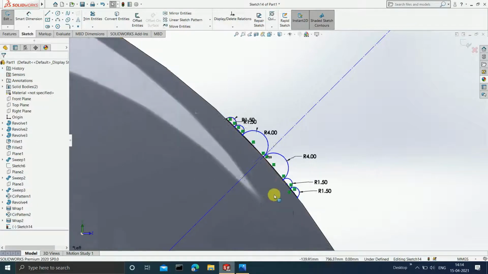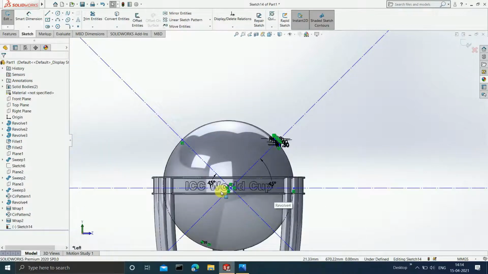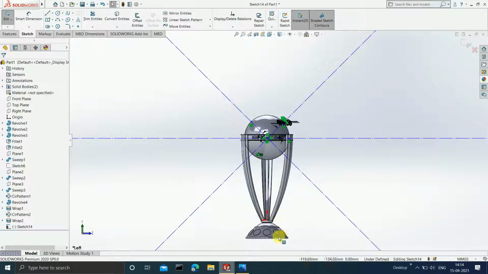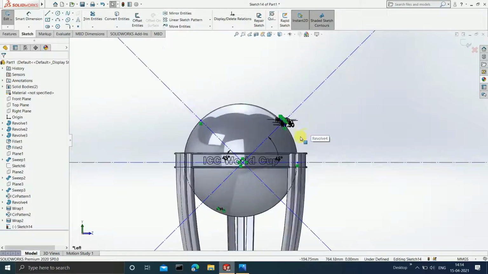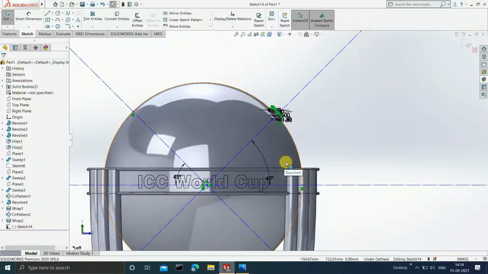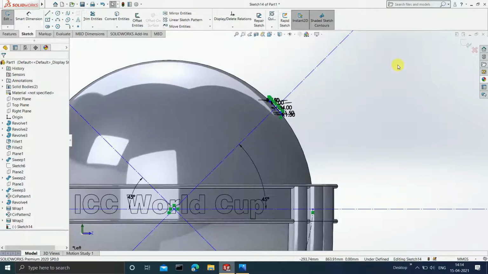Now it has become a solid line. Now guys, you can still observe that your sketch is blue in color. This is because you have not given enough dimensions to this center line. What you can do is define the distance of the center line from the origin, and you can easily get it fully defined. If I do this now, it will take much more time and the video time will be exceeded. So you can do it yourself, and I know that you can do this, guys. Now just click on end sketch.